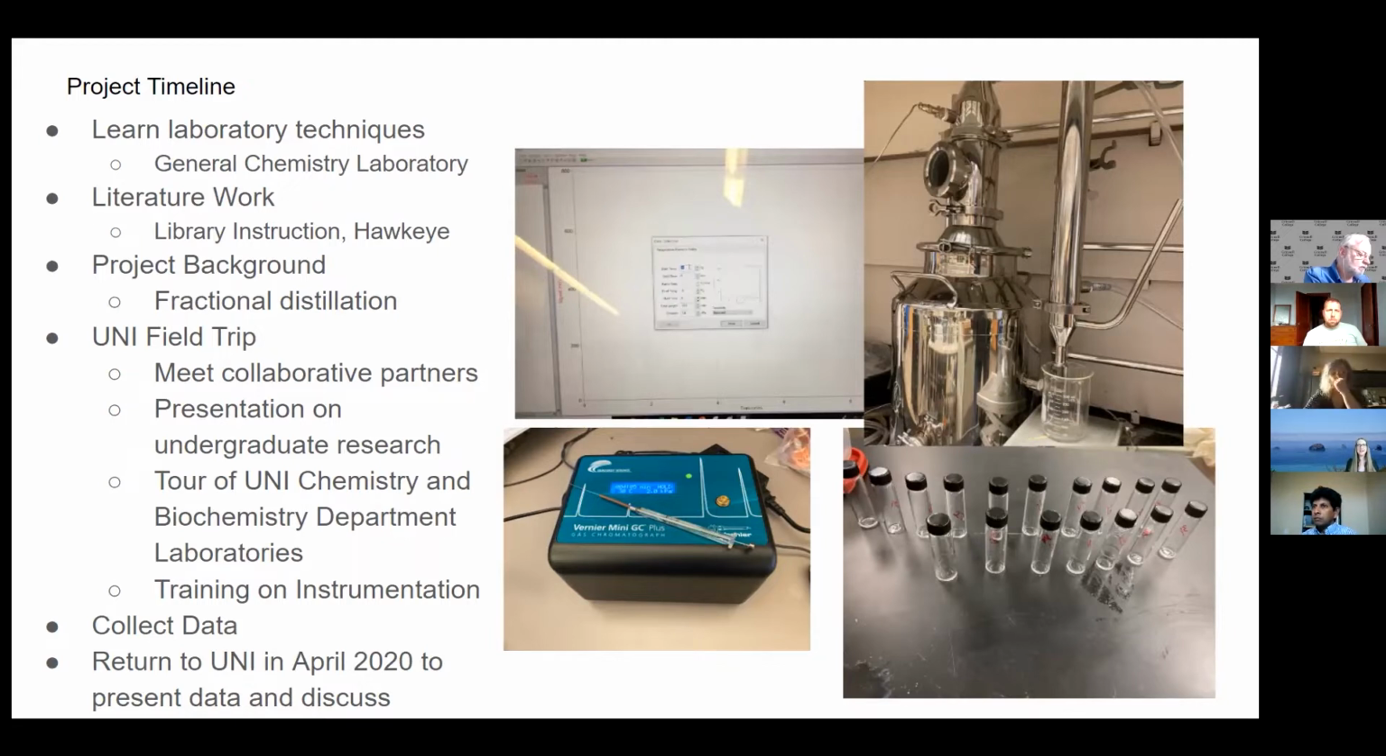We do not have a high school chemistry prerequisite for General Chemistry 1. So sometimes I'll have a student who's never been in a lab before, ever, and I need to make sure that we have our basic measurement and techniques down. We also went to the library and did some literature work and had instruction from our reference librarian, worked on the project background, UNI field trip, meet with people at UNI, learn about the project, and then collect our